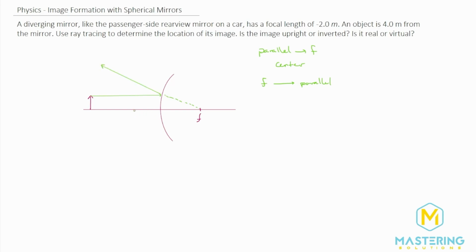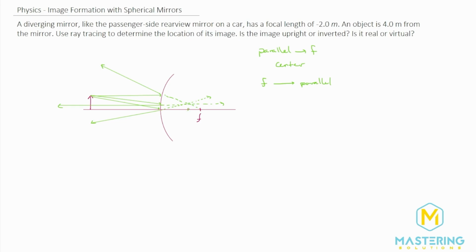Now we are going to go center of the mirror, and since this is the law of reflection, it's going to reflect at the exact same angle as the angle of incidence, so about like this, and it will extrapolate out like that. And now we're going to go through the focal point. Anytime you have light going to the focal point, it will be reflected or refracted parallel. And so we have this coming out right here.